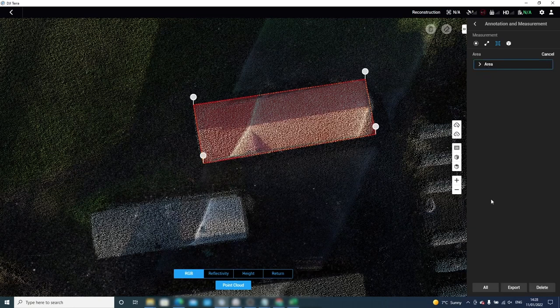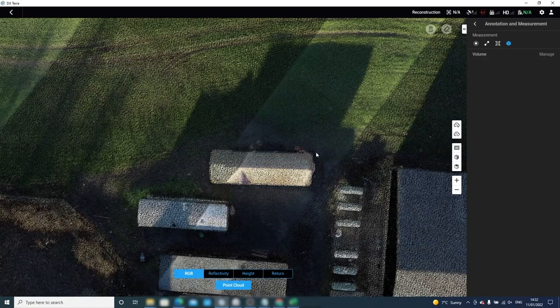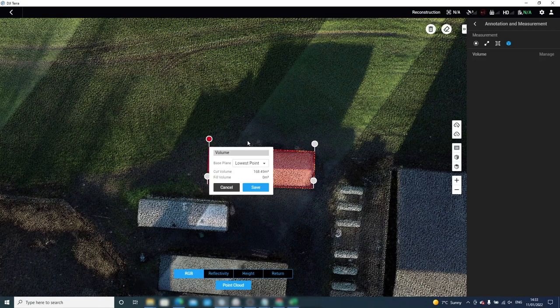The output can be exported to the same folder as the distance measurements. Finally, DJI Terra provides a volume tool and is especially useful for stockpile measurements and deriving the cut and fill volumes. Once the points have been selected around the area of interest, the volume is presented in terms of cut and fill. This is calculated relative to either a base plane from the lowest point or a base plane relative to the mean